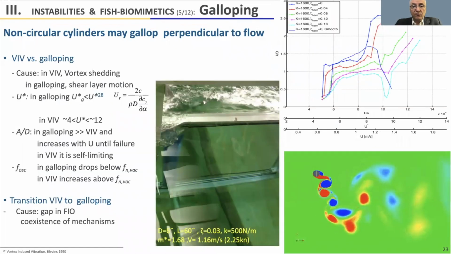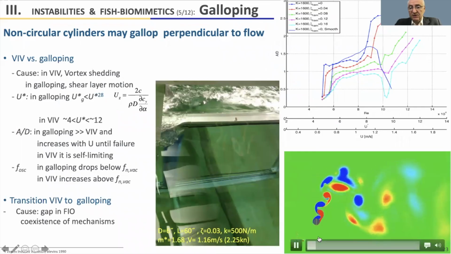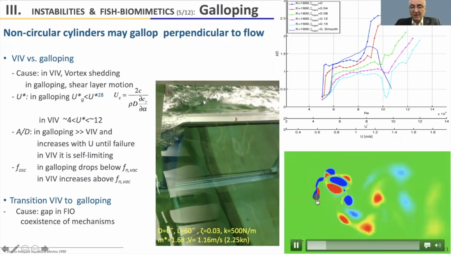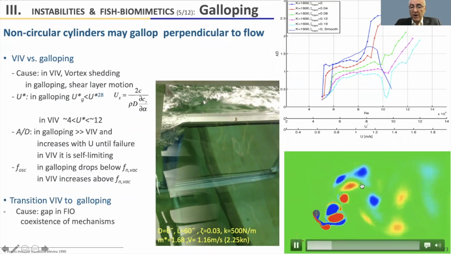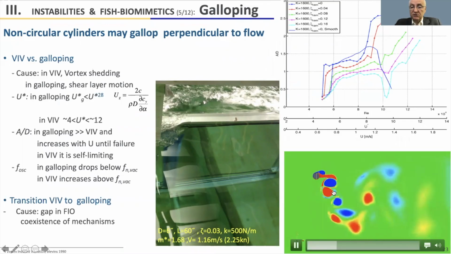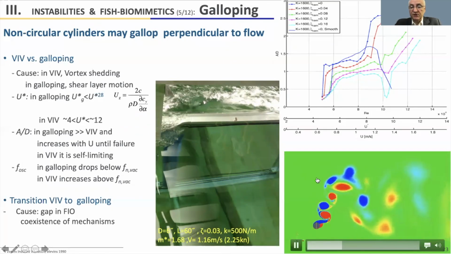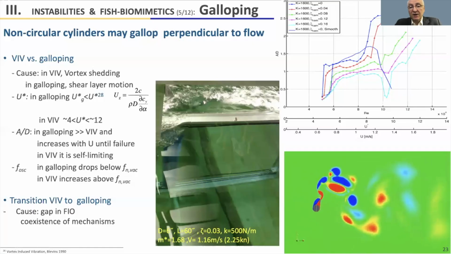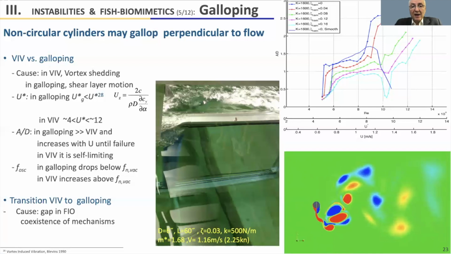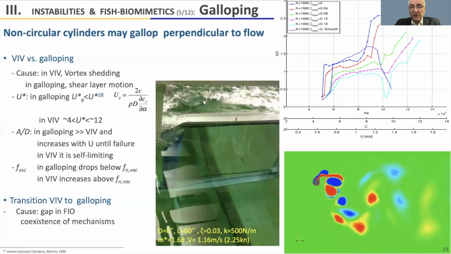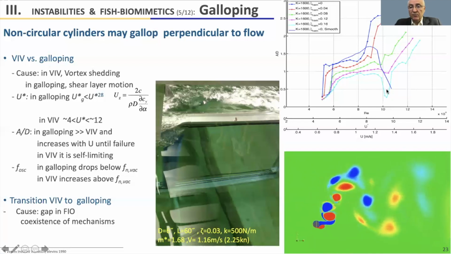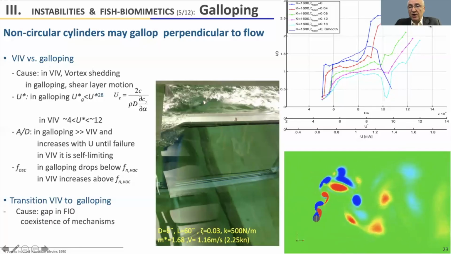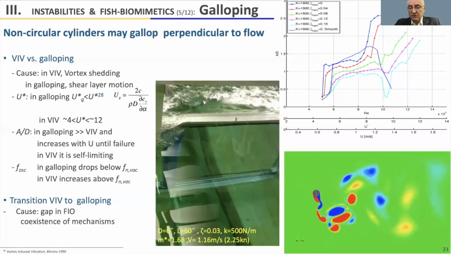The other form of instability is galloping. You can see here in this animation from computational fluid dynamics that we have an alternating wake, alternating vortices, and we have alternating lift that moves the cylinder transversely to the flow. But this is not the driving mechanism. Galloping is an instability. It starts at a certain velocity, the onset velocity, and it keeps increasing in amplitude until the structure breaks down as the velocity increases.